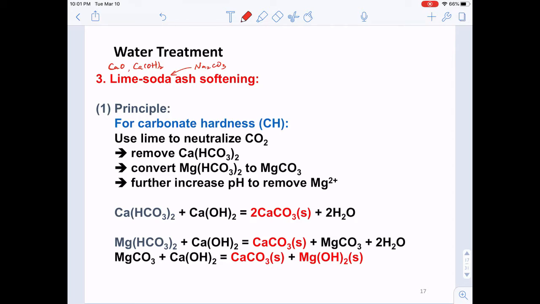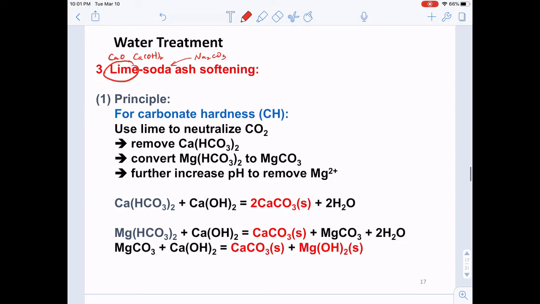Okay, so the principle of water treatment with this lime soda method is that there's a sequence for introducing these different species. What we do is first introduce lime into the water. After we introduce lime, it will convert into calcium hydroxide, right? We know that in the water there's always some carbon dioxide, and carbon dioxide can combine with water to form carbonic acid,